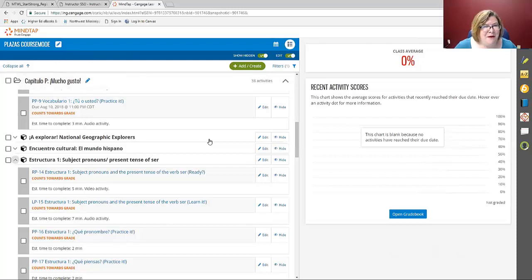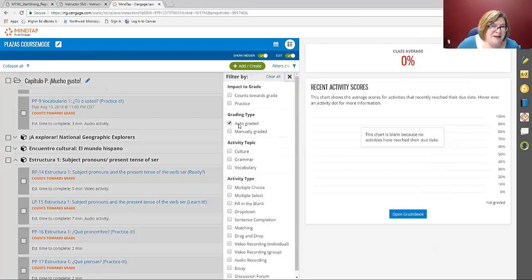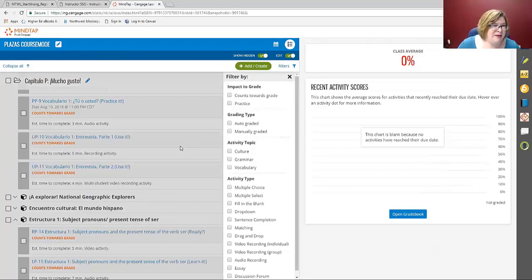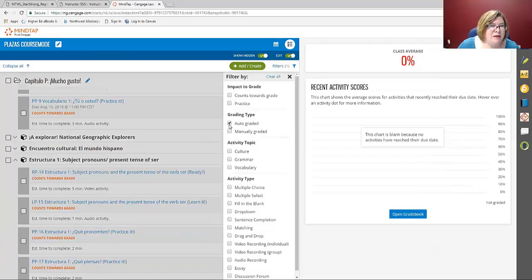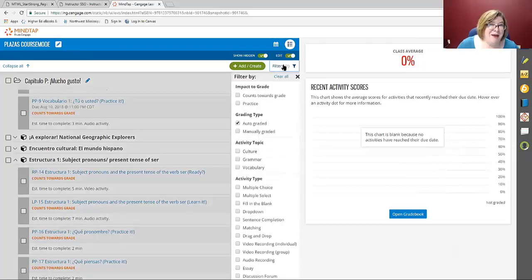So let me see. If I paused, did you see where I was filtering? Yes, I saw. Go ahead and open again quickly and just maybe that last point about auto-graded. Okay. So the filter is for us to find things very quickly. So if I unclick this, if I want to clear it, everything is visible, everything shows. So if I click auto-graded, the only things that are going to show up are things which are graded by the computer. My adjuncts that work with me at night, they only want to assign auto-graded activities. So they would click this and they would go through because they never want to grade anything manually.